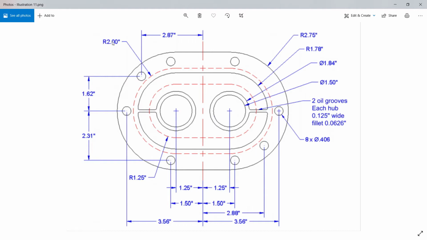Let's say the radius of this hidden line here is 2 inches. The distance between the center or middle part of the part up to this circle is 2.87 inches, and radii are given as 2.75 for this larger arc, the largest arc, radius of 1.78 for this one, and the diameter of this circle here is given